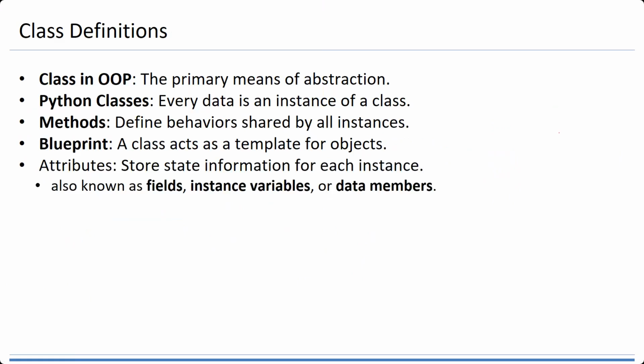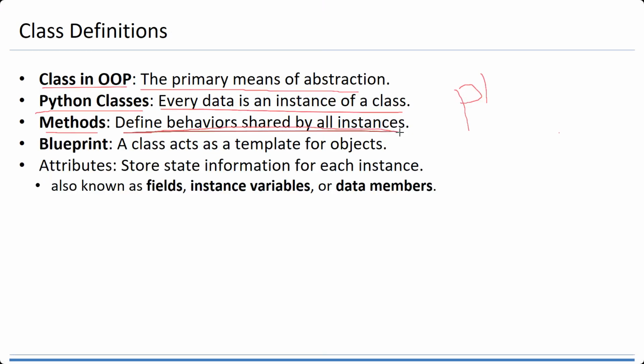So when we have the class in OOP, it means this is the primary means of abstraction. Python classes mean every data is an instance of a class. So when you have P1, it is an instance of a class. And we have the methods. It defines the behavior